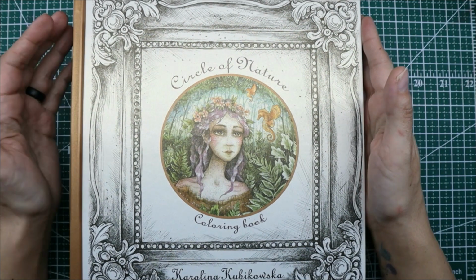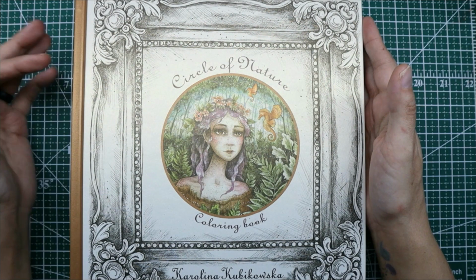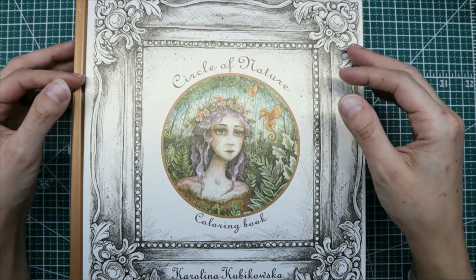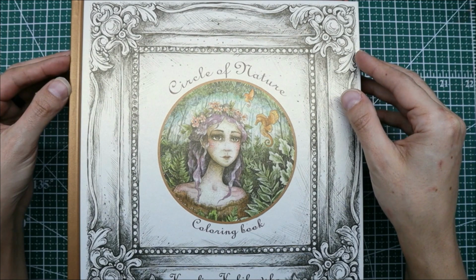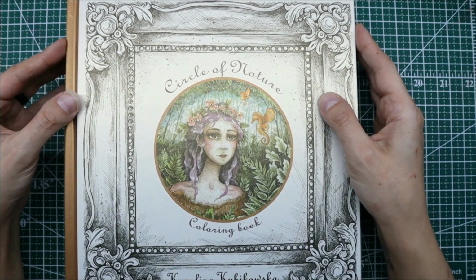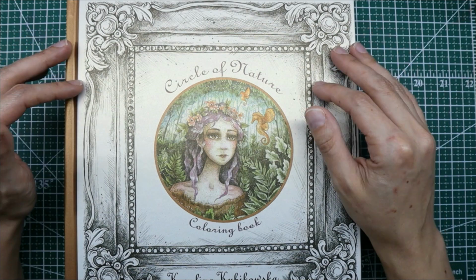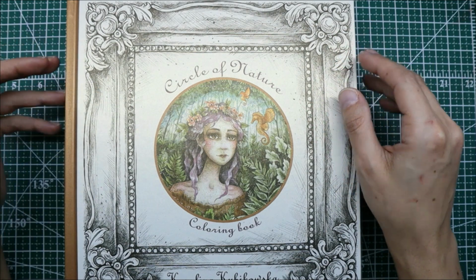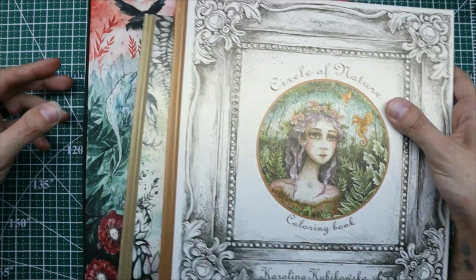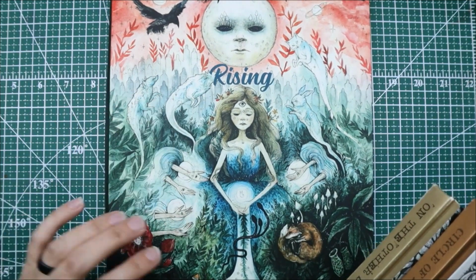Now, Karolina used to sell off of her website, and it looks like at some point in the recent past she got rid of her website and is doing the majority of her selling off of her Etsy. She also has digital prints of some unique artwork that aren't in her books, and I believe so. I actually have, this was her last one that came out, was Rising, and